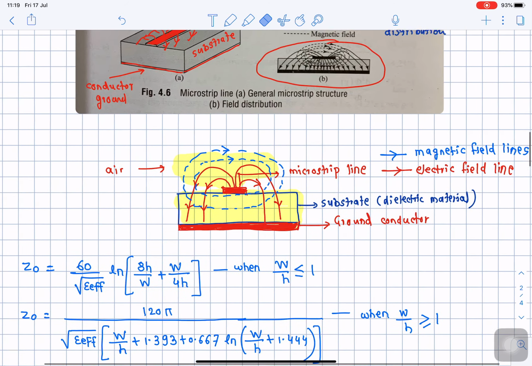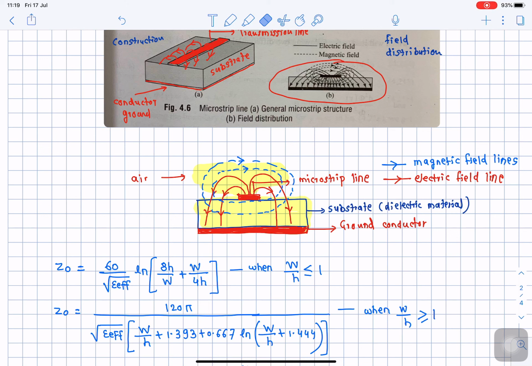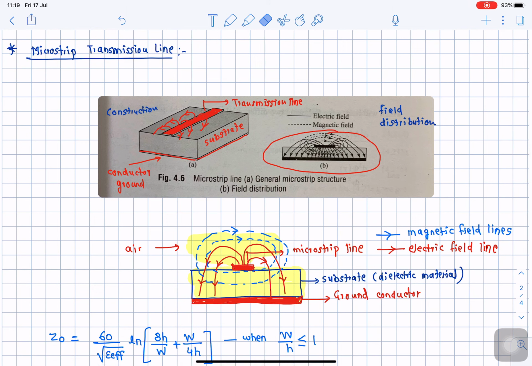In the examination, if a question is asked, they might ask a design equation or example-based question, especially on the microstrip transmission line. Okay, so for the rest of the transmission lines, they will mostly ask theoretical questions. If they ask a question on designing a transmission line, mostly they will focus their attention on the microstrip transmission line. The rest of the transmission lines, if a question is asked, will be mostly theoretical.